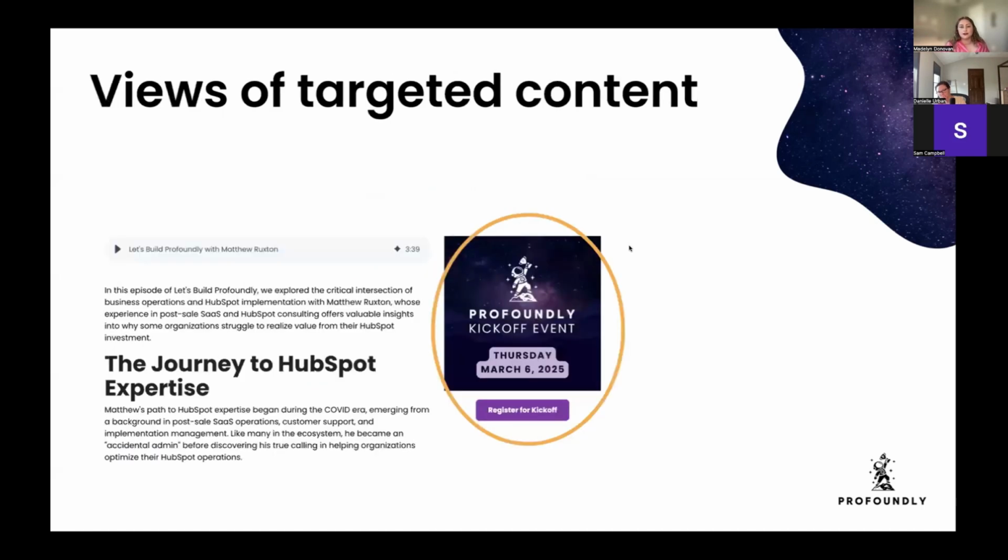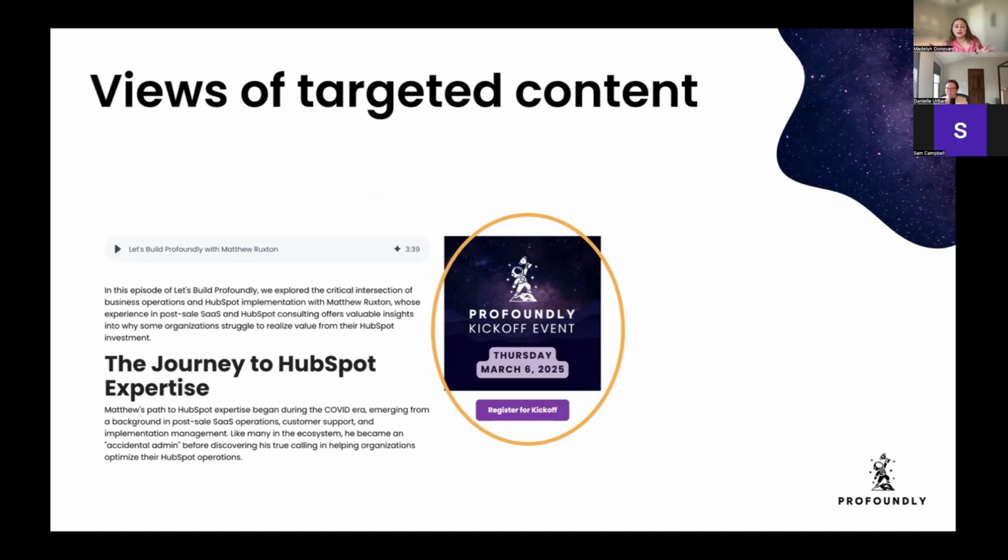And then I think this is my last one, but views of targeted content. So this is an image CTA. There's a button below it as well. But a really popular example of this is on the sidebar for blogs. If you have an image, first of all, it's just a lot more appealing than a bunch of text, because on the blog, you want people to focus on that text. But